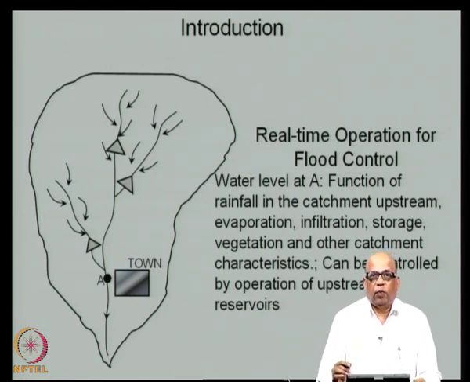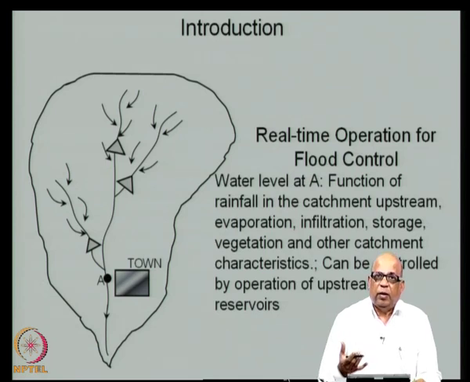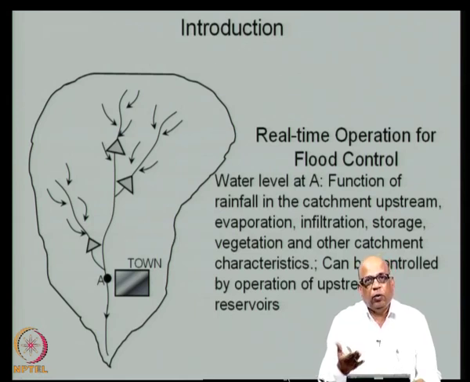This appears to be a simple problem. However, the challenge, and in Indian situations it is a very true, very realistic challenge, is how much do we store and how much do we release, because the high intensity rainfalls are in fact bringing large amounts of water. So, an intuition is to store the water, but as you keep on storing, the storage level builds and the cushion for the floods is smaller and smaller as the storage level builds. So, to control the floods, you would like to keep the reservoirs empty.